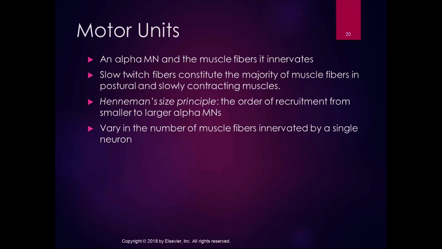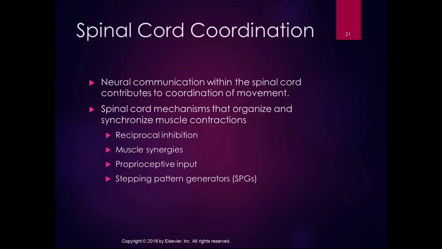The activity of a motor unit depends on the convergence of information from peripheral sensors, spinal connections, and descending motor tracts onto the cell body and dendrites of the alpha motor neuron. So lots of stuff going on with an individual motor unit. Pretty cool. So spinal cord coordination,